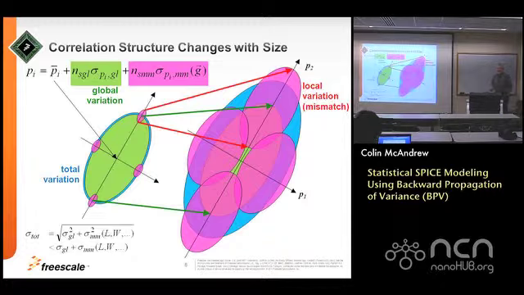So this is a chart that tries to show you what the structure of the variation is. This is a plot that several people I've seen use, and they always get it wrong, okay? What I'm trying to show here in green is the global variation, with P1 and P2, and I'm trying to show, for example, a 3 sigma yield ellipse with the green ellipse here. And then on top of that, I add the local variation, which can be smaller or larger for bigger devices. On the left, this is for a physically larger geometry device or a device in an older technology, and the amount of local variation is small compared to the global variation. As the geometry shrinks and we get to finer and finer line geometry technologies, the amount of local variation